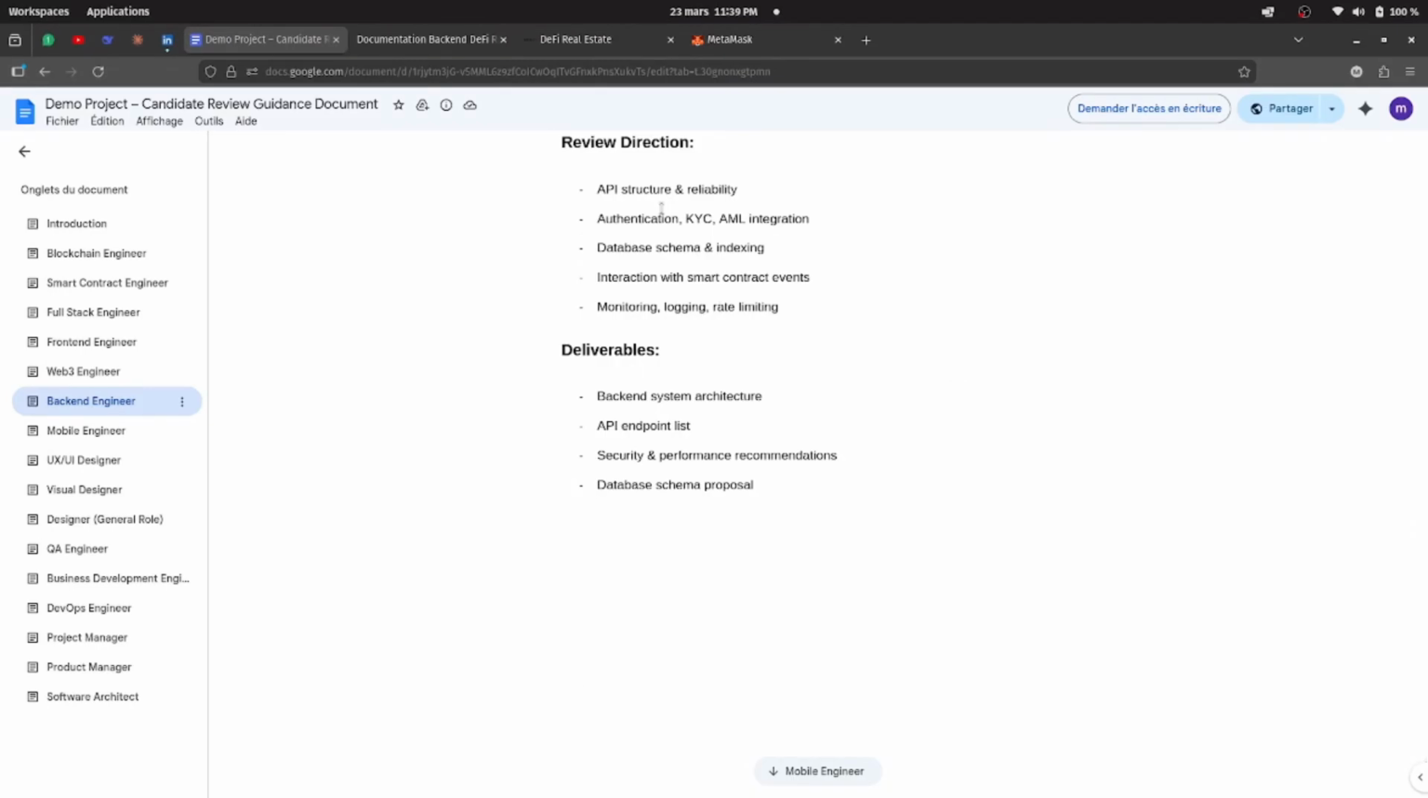Test for the company Upland. First, we will go through all the backend requirements. We have well-structured APIs, integrated KYC and AML authentication, a clean database schema, blockchain integration, well-written smart contracts, and proper